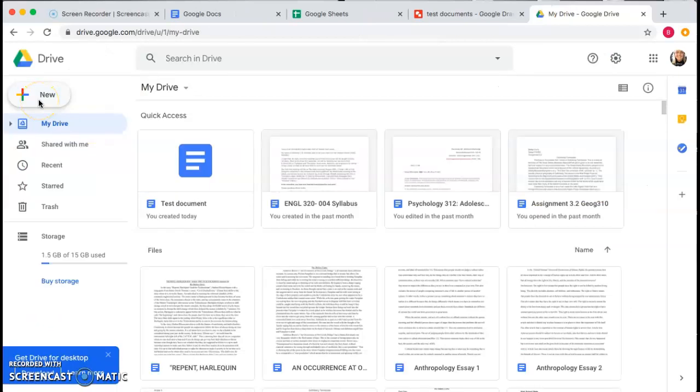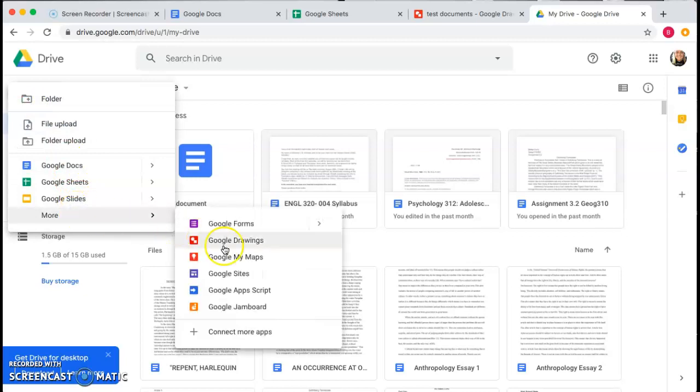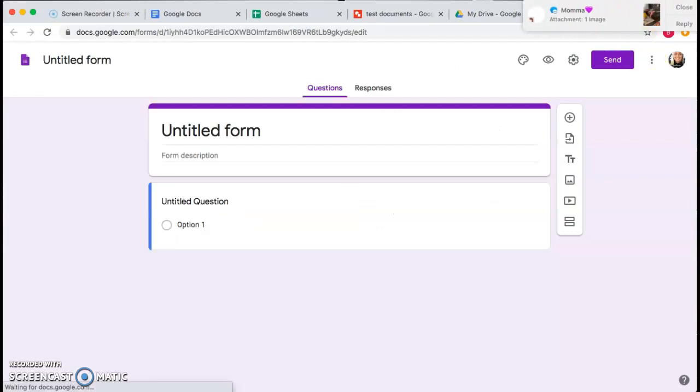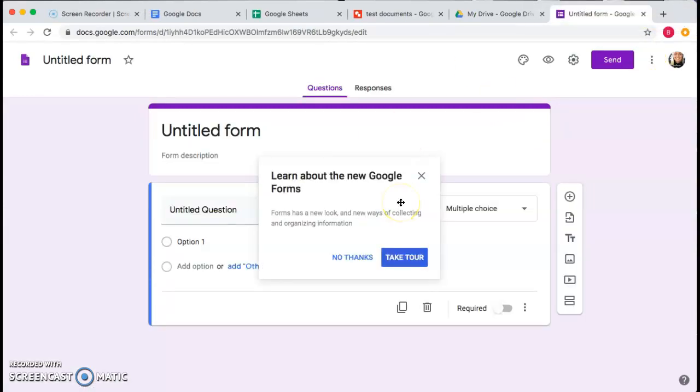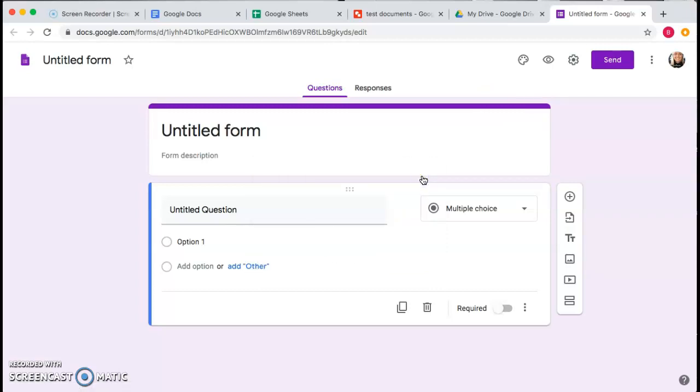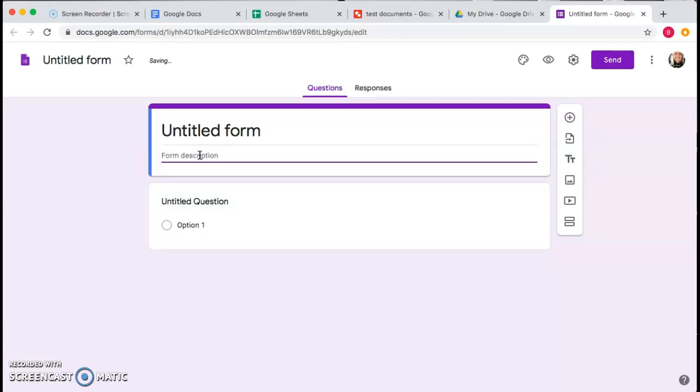Lastly, we'll be going over Google Forms. So you're on your Google Drive account. You can go to New and go down here to More. Go to Google Forms. And for Google Forms, it's a really good way if you have a team or whatever you have, like whatever office with a bunch of workers, you can do road trip, meal options,